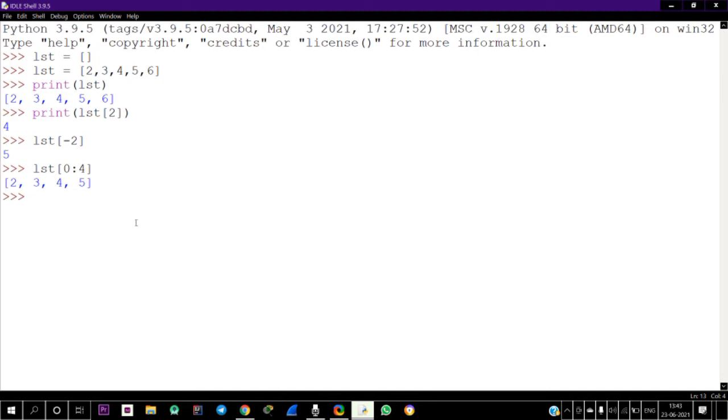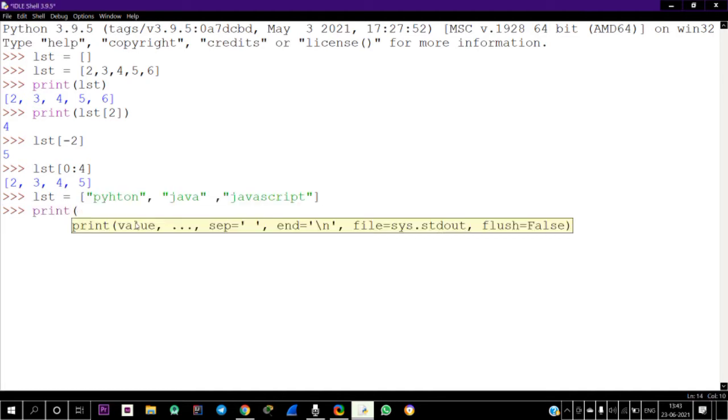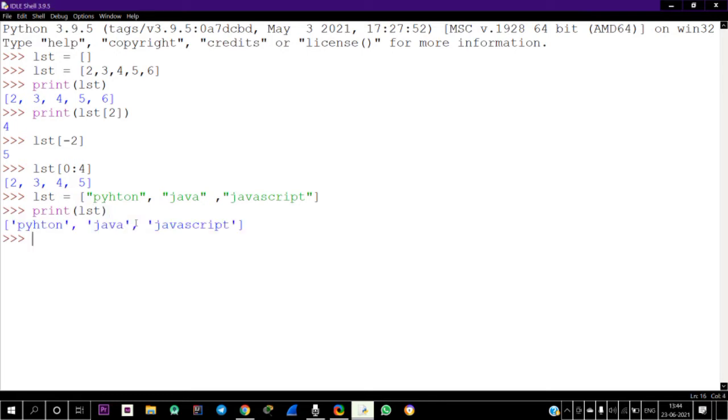Now I am going to give strings in a list. I have given lst equals three strings: Python, Java and JavaScript. If I print this list, it's going to print the values in the list. So we got Python, Java and JavaScript. We can have different data types also.